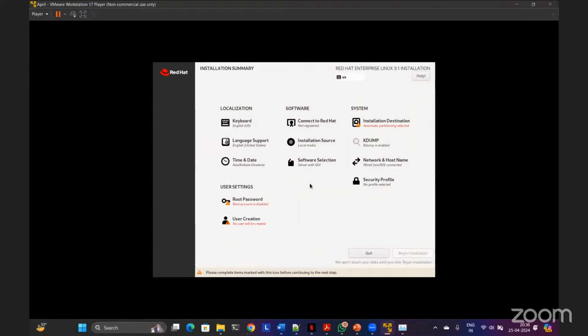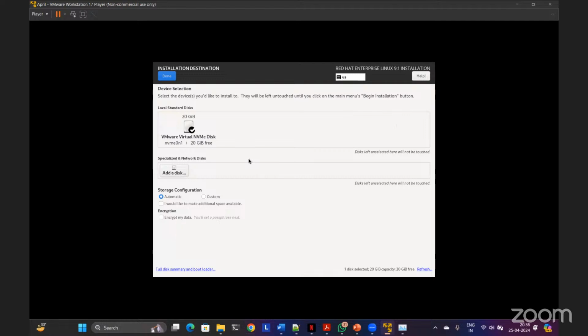So again, no changes. Now this one, automatic installation destination. It means where to install Red Hat Linux, on which hard disk. Maybe there are 3 hard disks connected. So that's why we have to make the selection here. Click on this option. It will show you the 20 GB hard disk which you added. And it says storage configuration. Automatic is selected, and then there is custom. You can select custom when you know the fundamentals of partitioning, file system, LVM. Right now, you don't have any clue. We are freshers, right? So we select automatic, which is already there. Automatic already selected. That's fine.